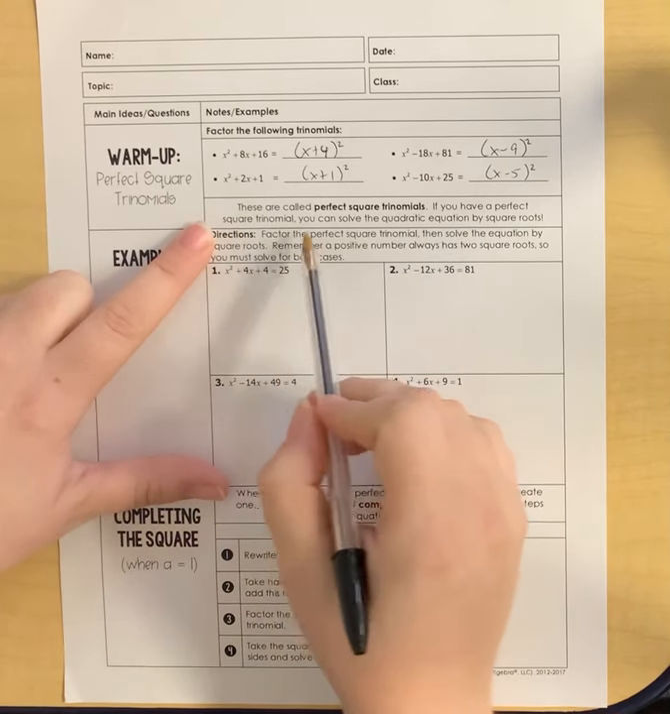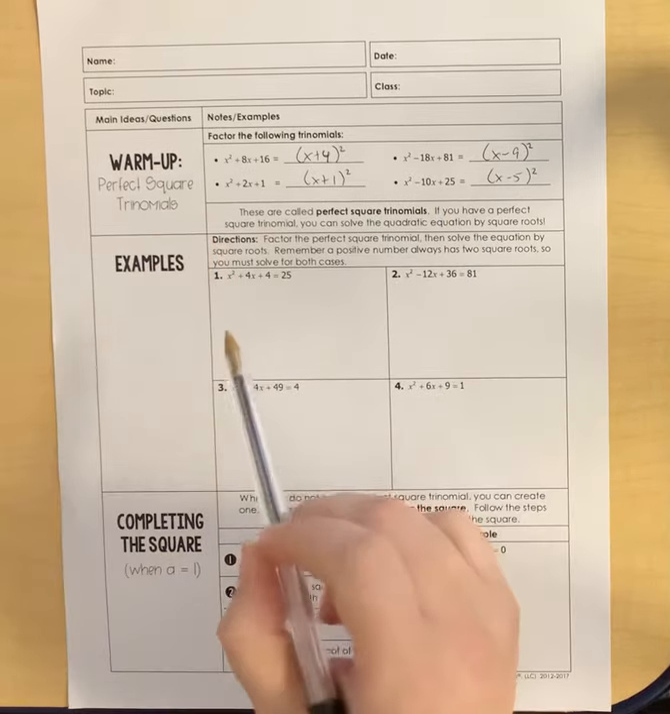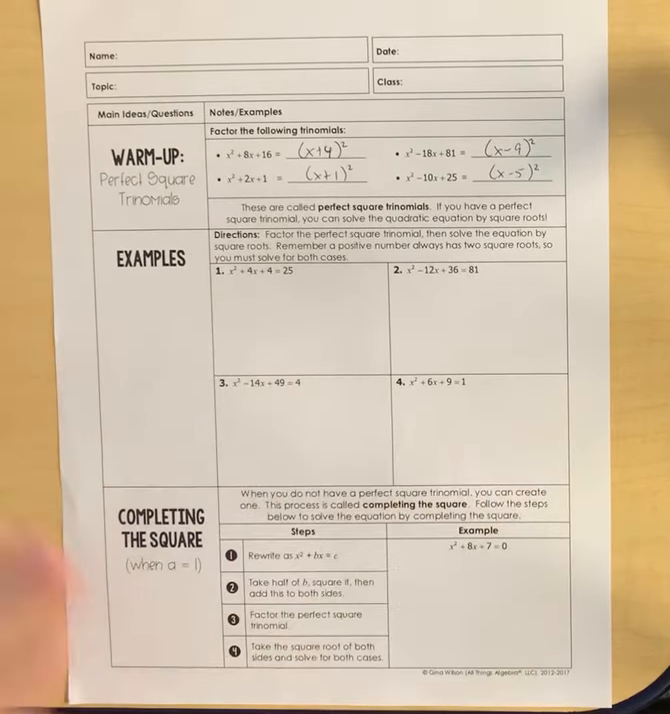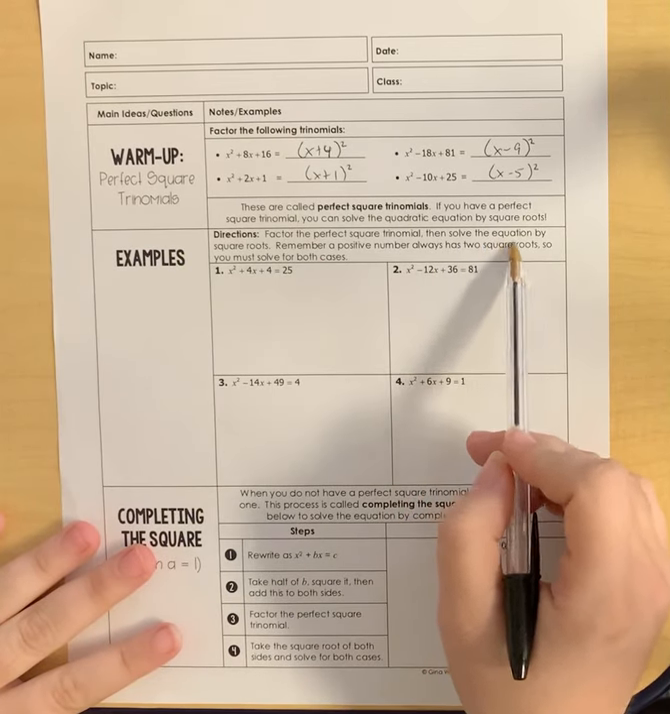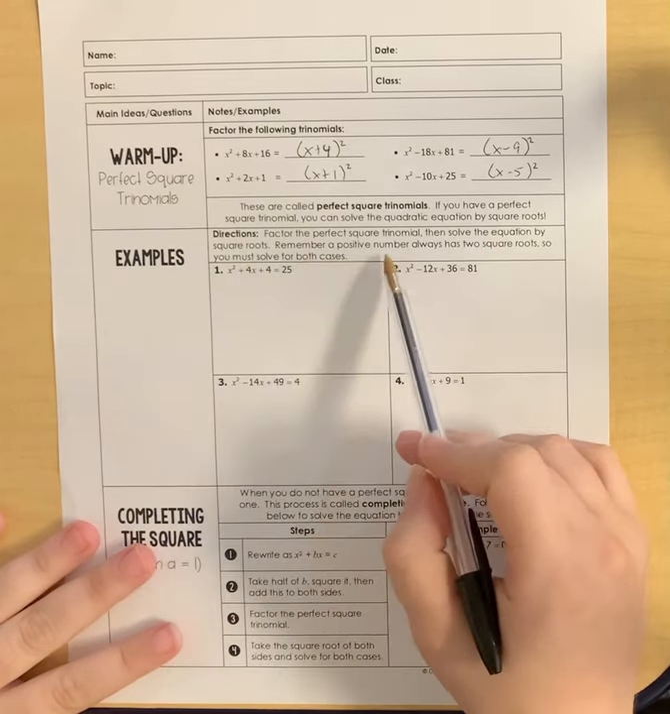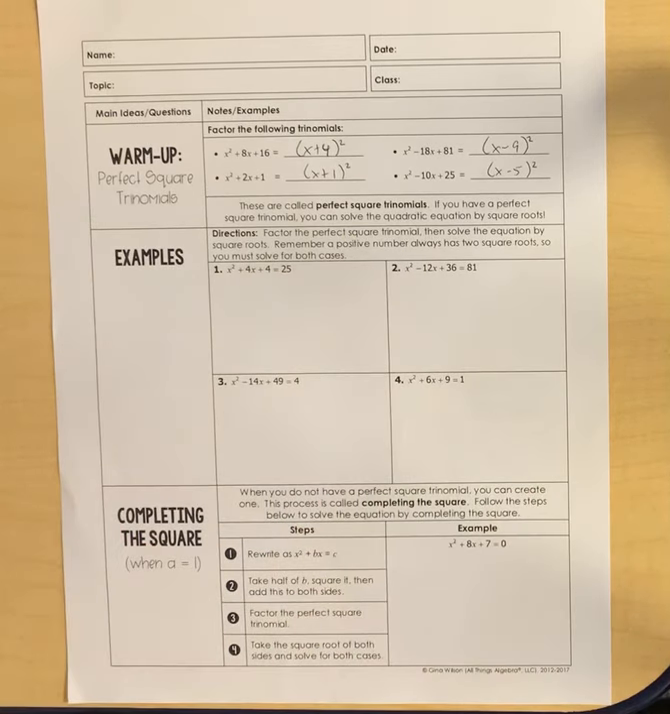If you have a perfect square trinomial, you can solve the quadratic equation by using square roots. Okay, so some examples of this. It says factor the perfect square trinomial, then solve the equation by square roots. Remember, a positive number always has 2 square roots, so you must solve for both cases, meaning it needs a positive and a negative. All right, so